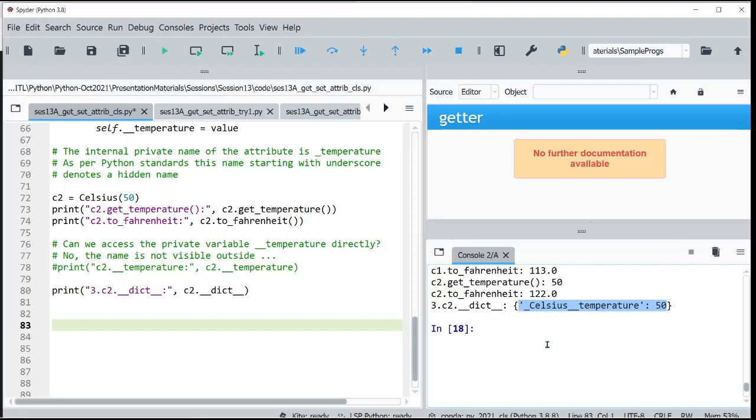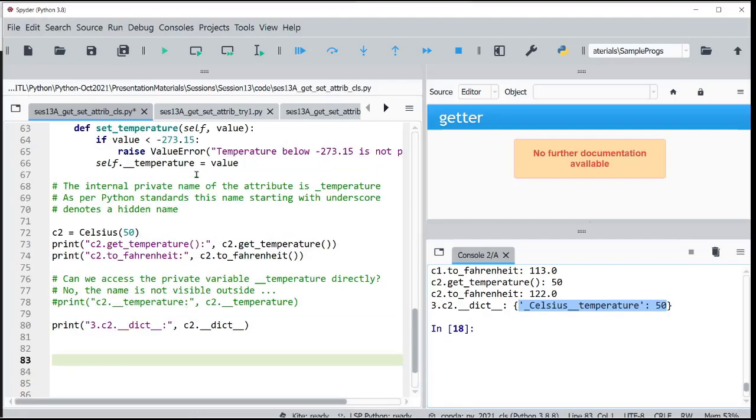Okay, what is the name given to the hidden underscore temperature by Python? This is the name. Now you can reconstruct it, it's not very difficult. What it has done is it has added the class name before the actual hidden name that you have given, and then it has put an underscore, because users are not expected to define any variables, or even